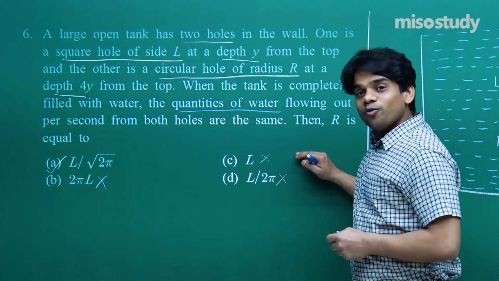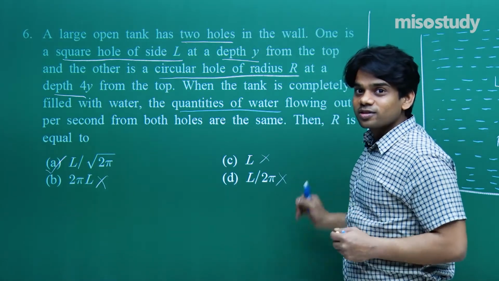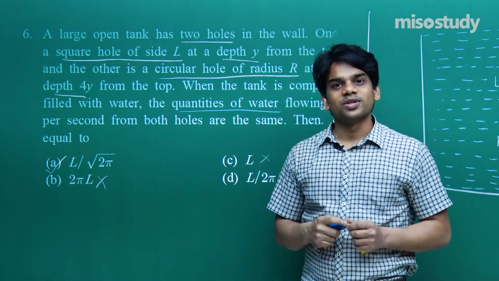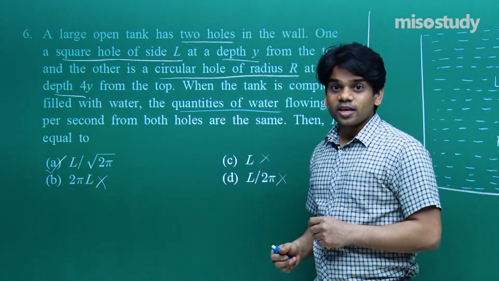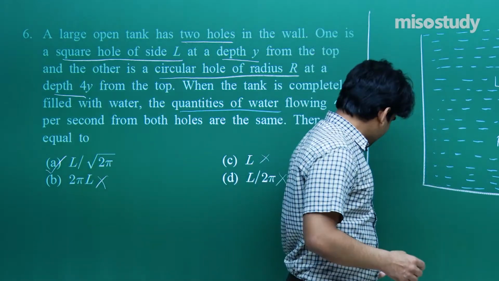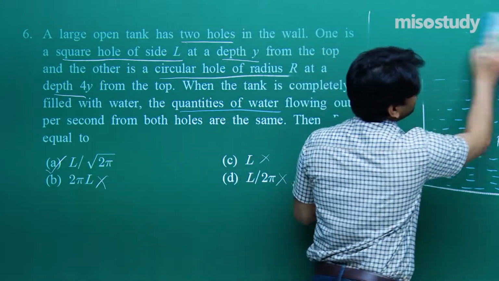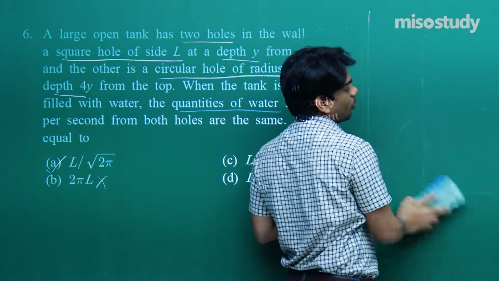Accordingly, if you follow all these steps, you will get the right answer, and if you miss any of the steps, you cannot comment on which option will match the right answer. If you just analyze the options, you cannot comment on the answer if you don't proceed with the steps that we have just done here. This is a very good question which I have discussed here. I hope that it would make you all understand how you can use the velocity of efflux formula in such